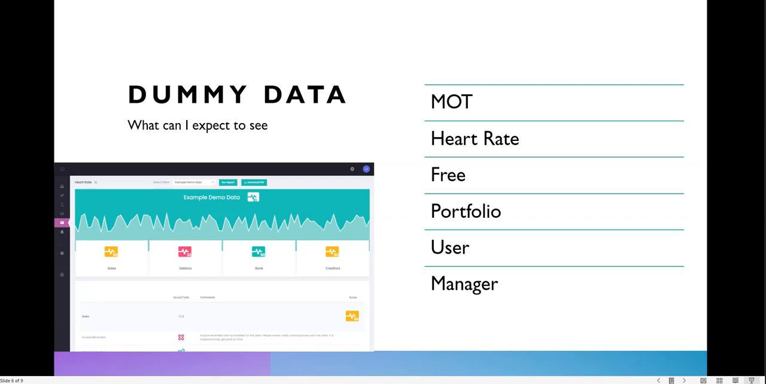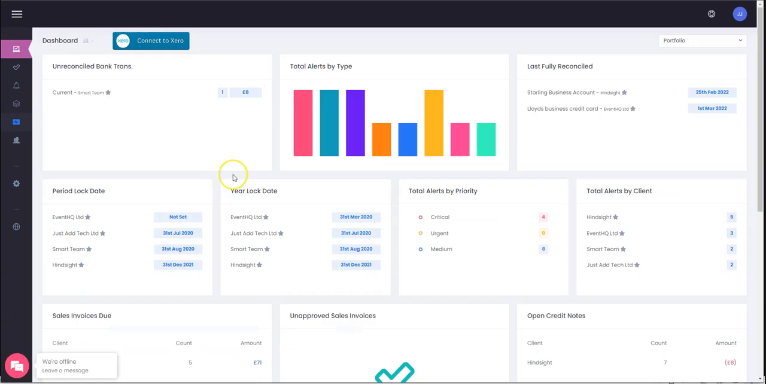You can see from the slide we've got dummy data for the MOT, the heart rate, portfolio, the user dashboard, the manager dashboard, and also for the free dashboard as well. So predominantly for the reporting side of the system. At the moment, I've got access to the portfolio dashboard. This is actual data, or if I go to the free dashboard,